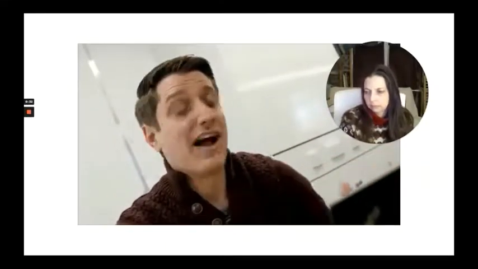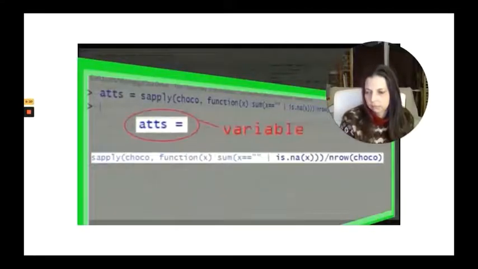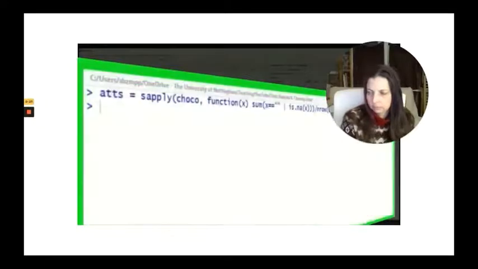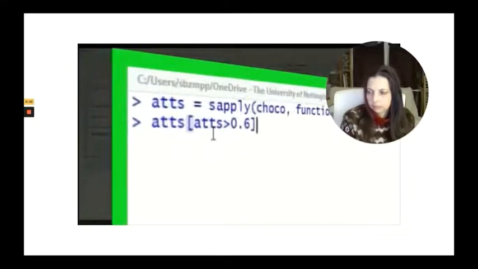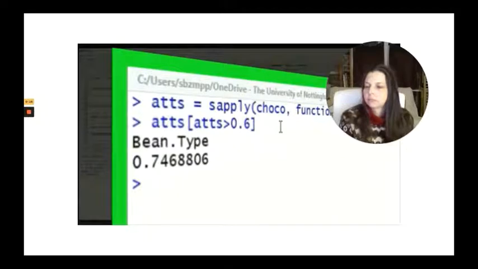Now, a general rule of thumb is if you've got over half your data missing, it's going to be quite hard to estimate or guess what that data is going to be. That's when you might want to start thinking about removing it. So what we want to do is extract the names of any of our attributes that have over, let's say, 60% missing. So we're going to start by calculating all those percentages and saving them in a variable, and then we're going to select only those percentages where the value is over 0.6, or 60%. So we're going to say any attribute where the attribute is over 0.6. And that is just bean type at 0.74, or 74%.